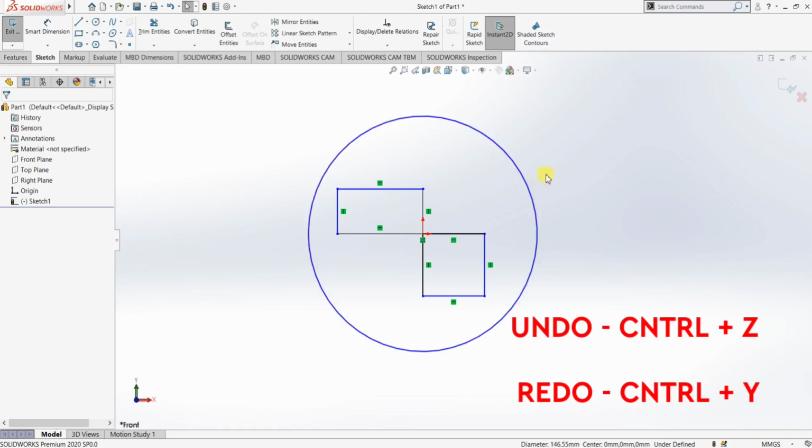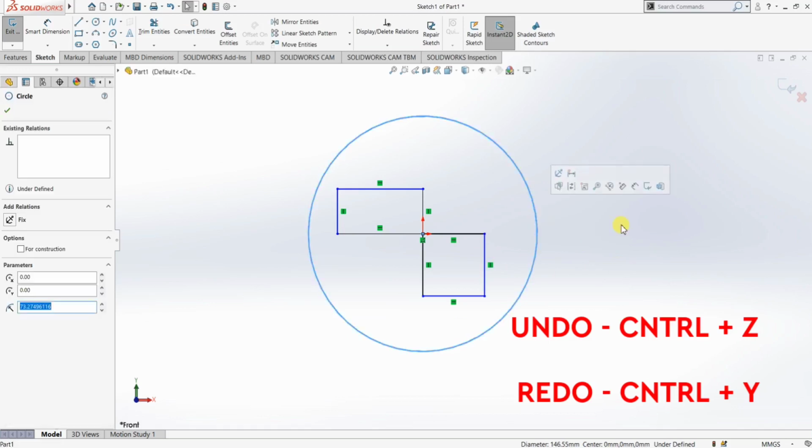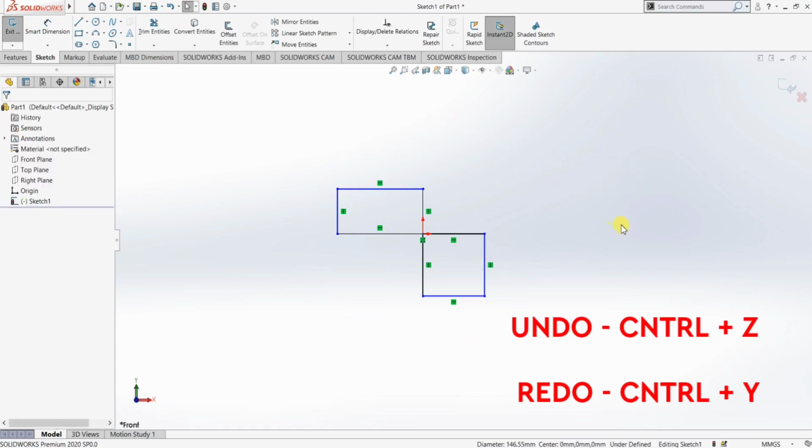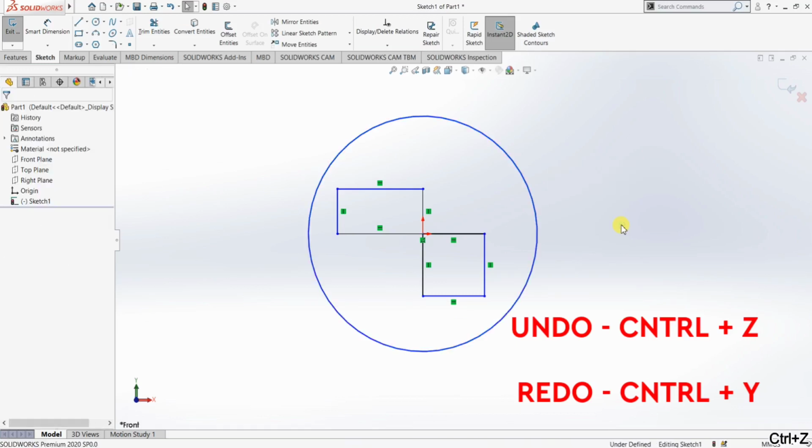Or by mistake you recalled this deleted circle and you did not want this circle in your document. For that you need to press Ctrl plus Y on your computer keyboard, and here we go, the redo option is now applied and the circle is deleted from your document. This is the undo and redo option from SolidWorks. These options are similar to Microsoft Word. As you know, Microsoft Word is easy to use, and likewise SolidWorks is easy to use.